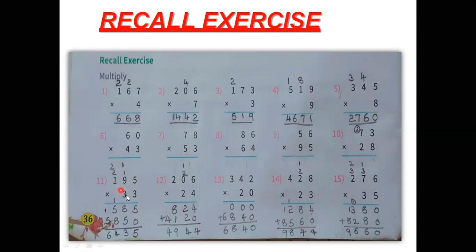So now you see here, a 3-digit number you should multiply by a 2-digit number. So how you have to multiply? 195 you should multiply by 33. So the 33 table you don't know. So how we have to multiply this one? Here it is 33. So first we will multiply by 3 and again we will multiply by 3. One number with one number only. First we should multiply 195 into 3. So next again 195 into 3.